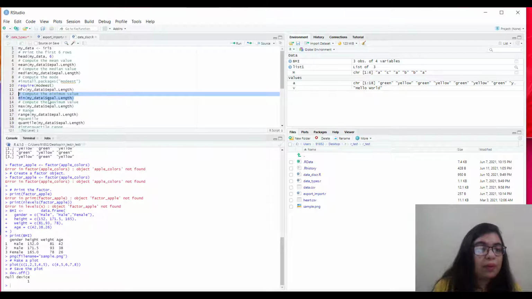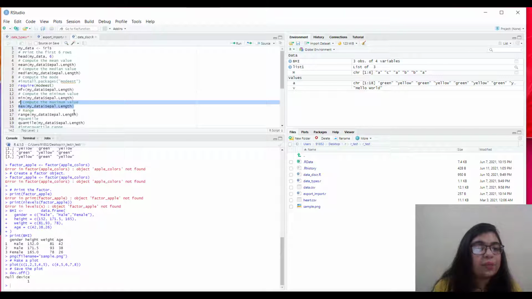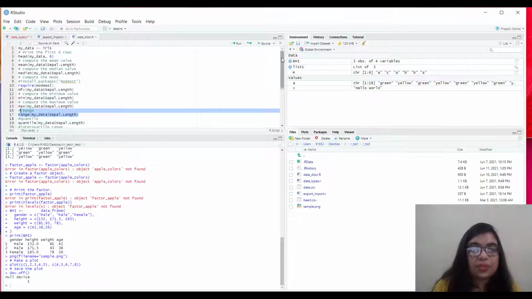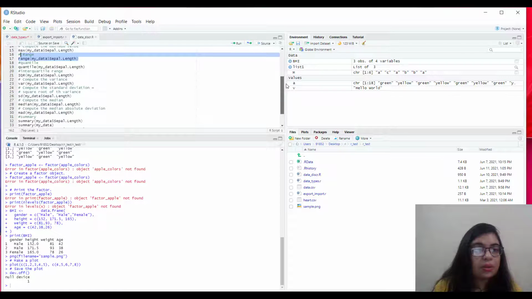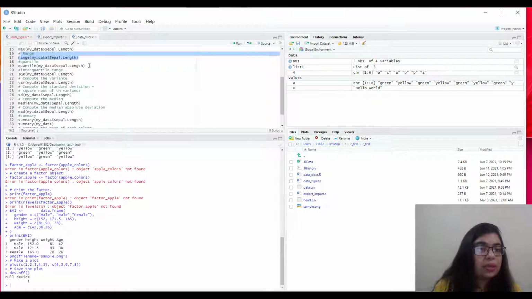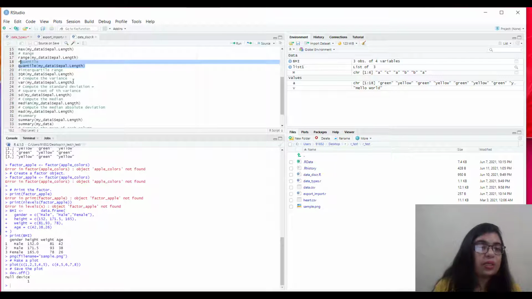Then compute the minimum value in this manner. Maximum value is computed. Range is evaluated. Quantile value is computed. Interquartile range is determined.